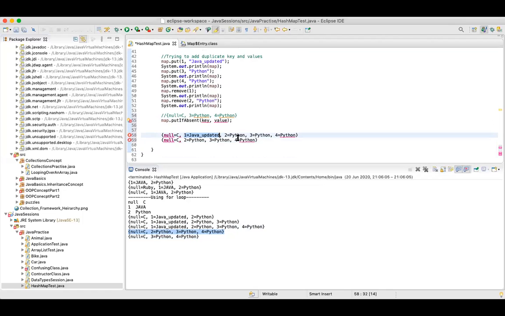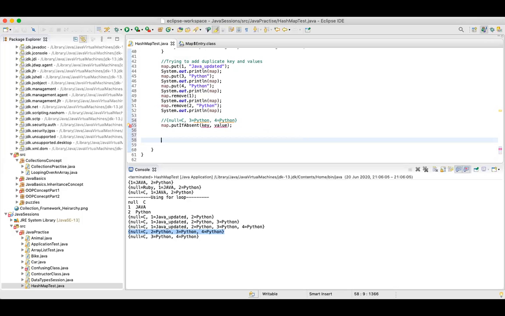So it's not like now Python will move to the first location and this Python will move to another location. Rest everything remains the same, right? This is a key and value, it's not based on indexing. In index based, if you remove the element from the first location, then the element of the second location gets shifted to the first location, and similarly for all the next elements. But this is not the case in a key and value pair. Okay, guys.